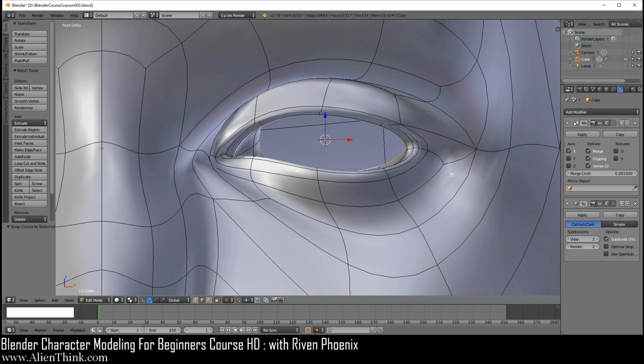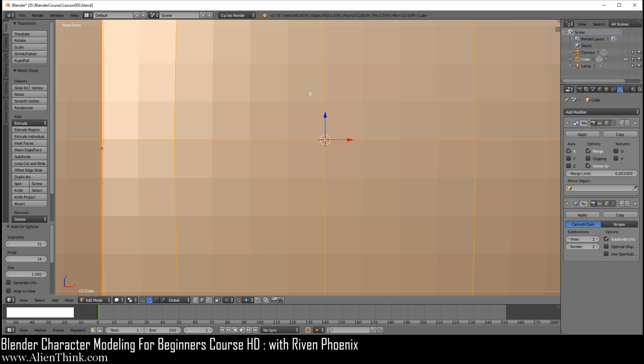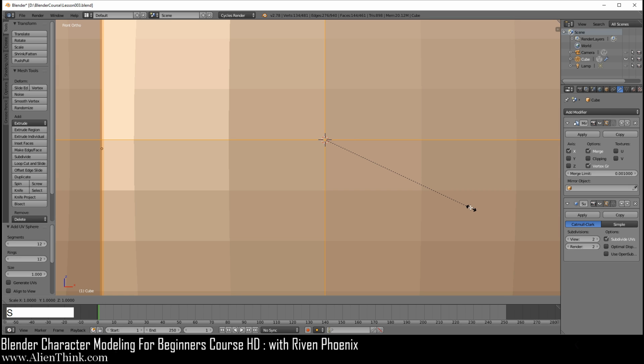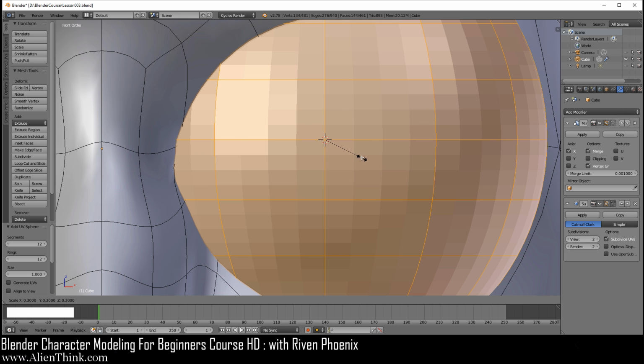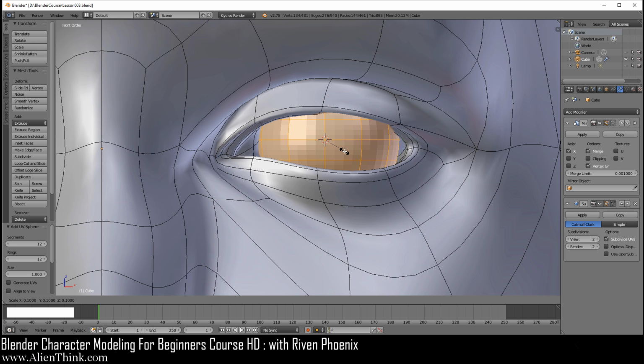Okay, now we're going to click off clipping, do Shift A, and add a UV sphere. So it's just going to add it right in front of our face. Go ahead and click on this and just type in 12 and 12 over here. Okay, now I'm going to do S to scale. I'm going to do 1, 2, 3, 4, 5, 6, 7, 8, and then you should have one more, 9.